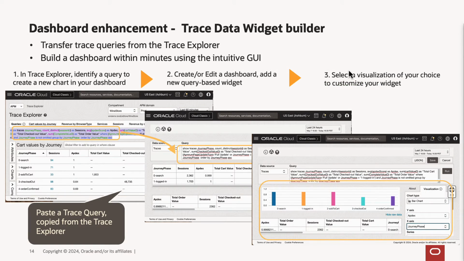With the new Trace Data Widget Builder, APM dashboard creation is easier than ever. With this feature, you can transfer trace queries by copying and pasting from the Trace Explorer UI to the dashboard creation page. That's it. By saving the widget with a few additional configurations, your custom APM dashboard is ready within minutes. For how this works at a high level, first,